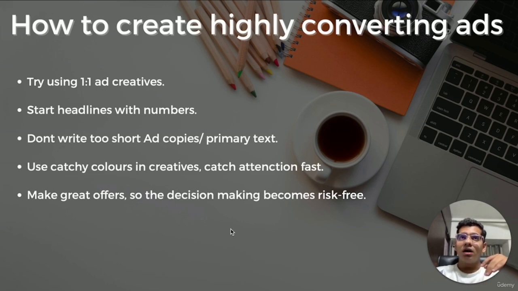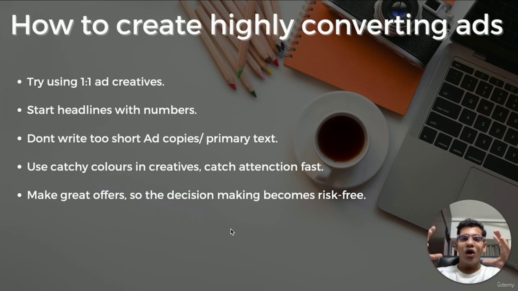And to give you a glimpse of how you should be doing it, think of it while writing headlines as if you're writing a letter to your friend. So what you would be exactly saying, don't make your ad creatives too salesy, like bold colors, writing 50% sale. Those do tend to work at times, but try to make it as subtle of a salesy content